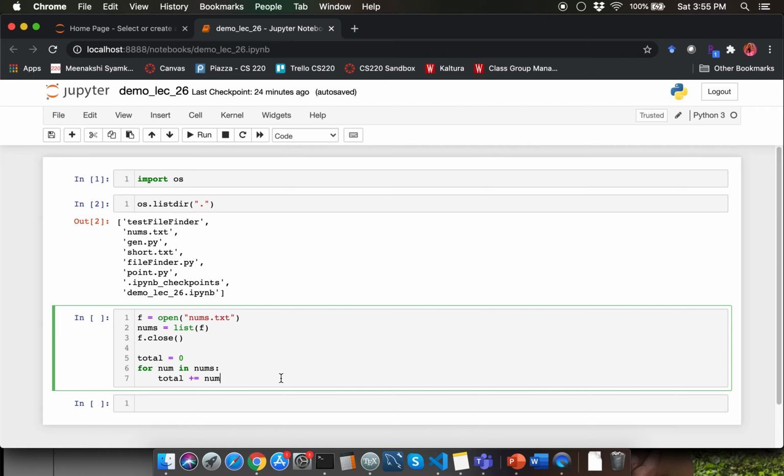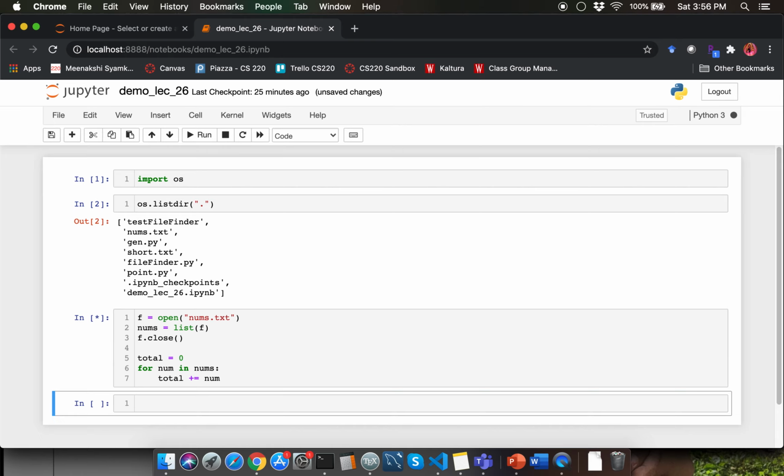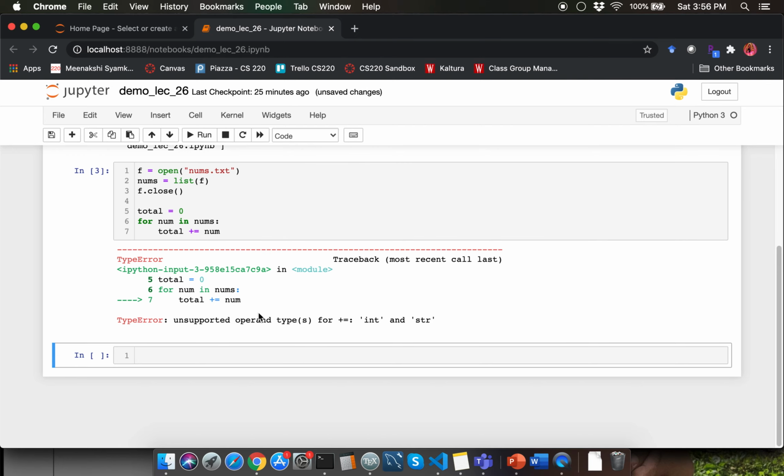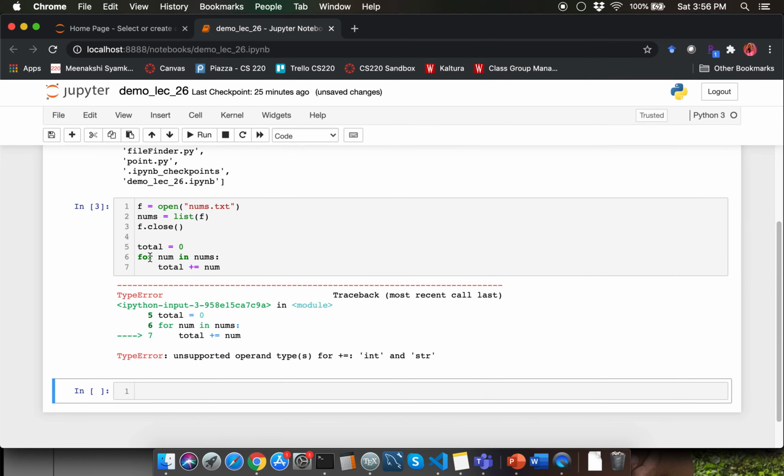Right, before I go ahead and run the snippet of code, let me tell you this additional piece of information. I essentially let a bug be part of this particular cell. Go ahead and pause the lecture video here and see if you're able to identify the bug in this snippet of code. Once you're able to identify the bug, write a comment in the comment section giving details about that. Let me go ahead and run the current cell. It's going to take quite a long time to run the cell. That's because we are going through this really large file and then finally doing the processing for it.